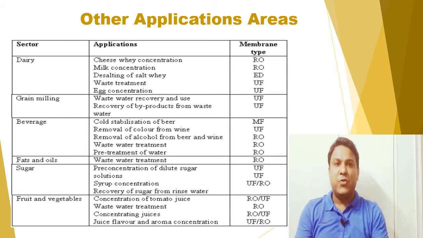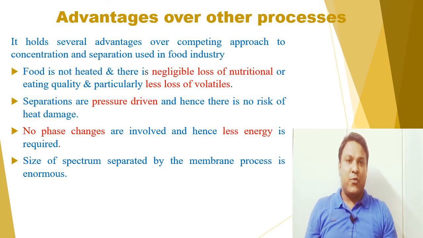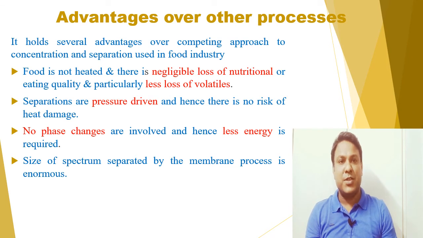So there are ample uses of membrane technology in the food processing industry, and with the advancement of membrane it is being used in all sectors. So till now we have discussed membrane fouling and application of membrane technology in the food processing industry. So in the last part we will discuss the advantages and limitations of membrane technology in food processing. If you talk about the advantages, membrane technology offers several advantages over competing approaches to concentration and separation used in the food industry,